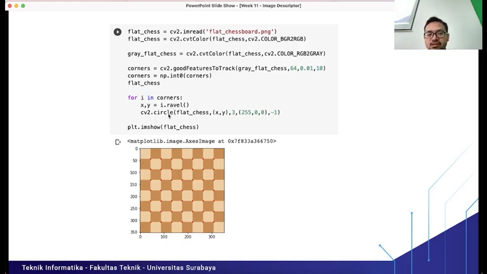And cv2.circle means we will draw a circle on our original image. This is the original image, and x, y is the position of the circle.